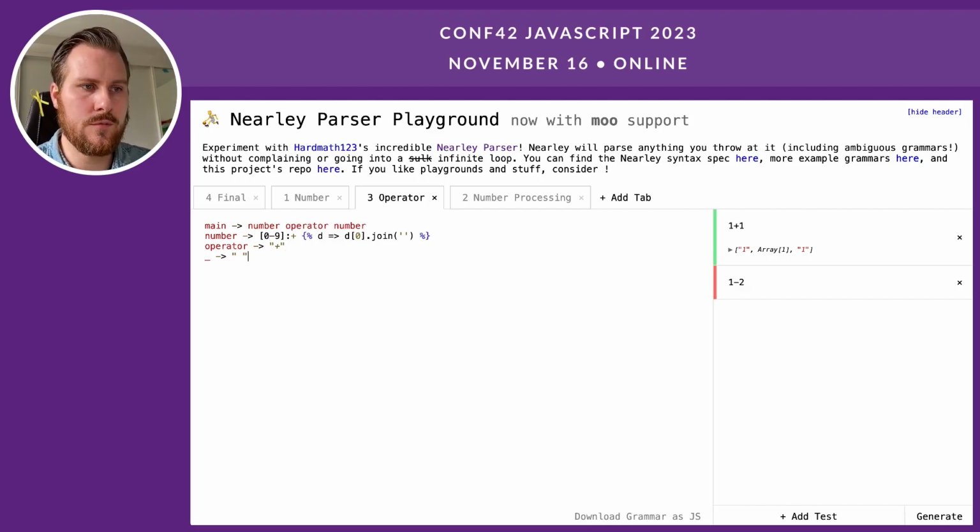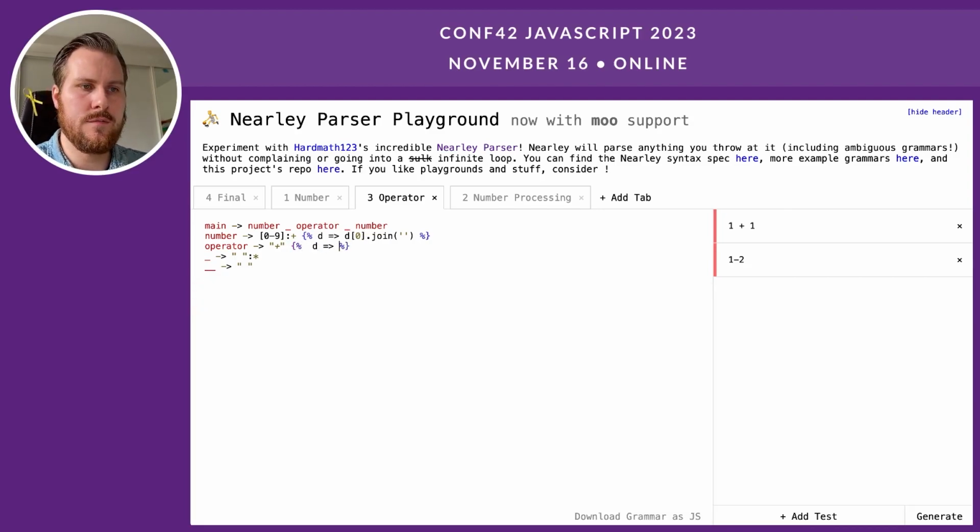And then we can also say, okay, in this case the white space is optional, so we can make it like this. And then we also have the double underscore to identify that it should be mandatory. So here we say this one is optional, which means that now we can also write this one. Now, in order to process the operator in a logical way, we can add some processing logic where we say, okay,